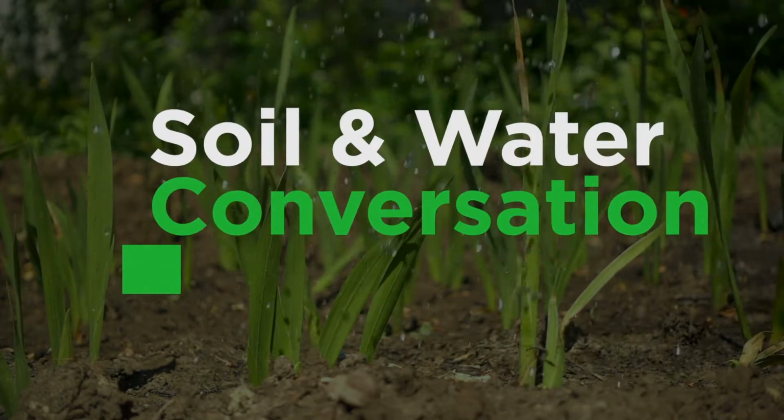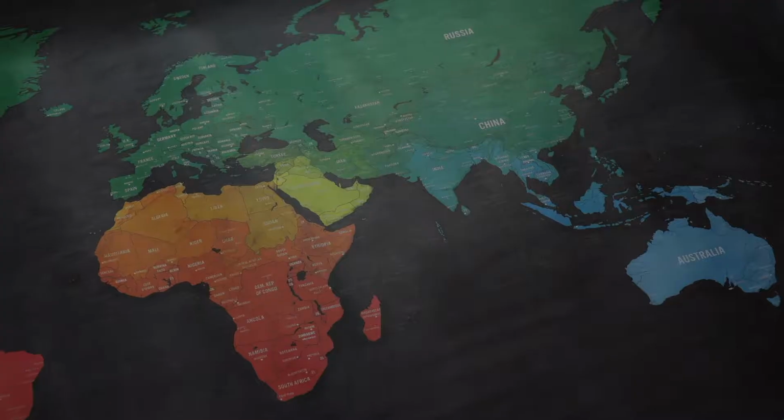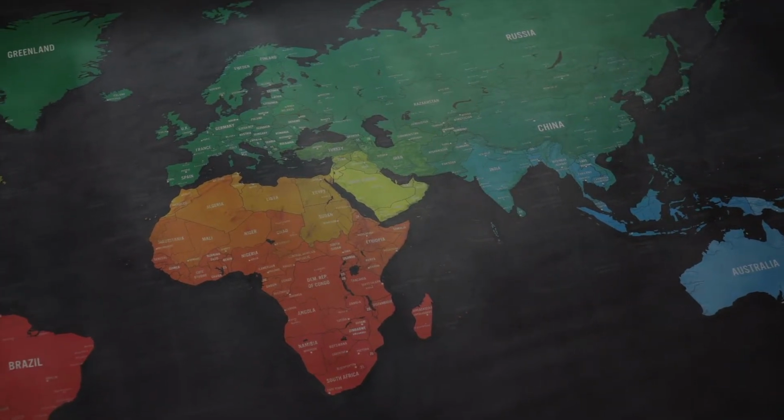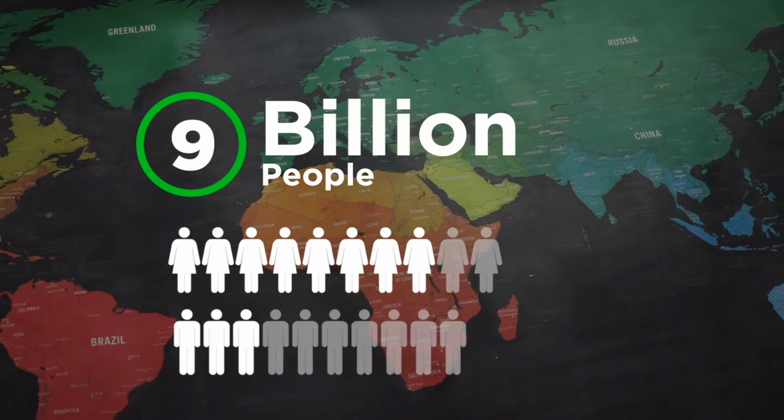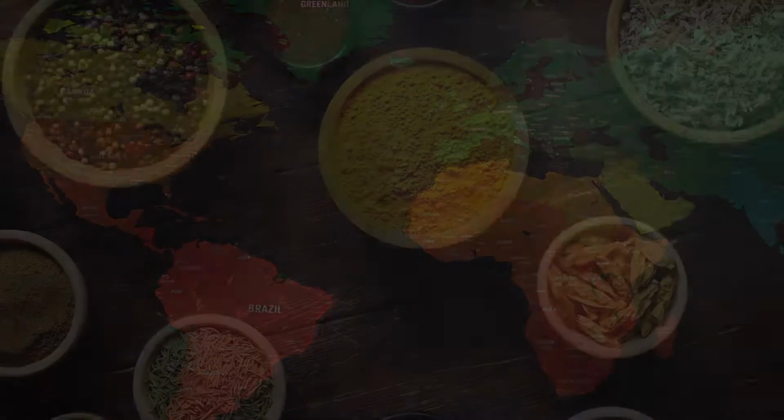Soil and water conservation in spice production. The global food security challenge is straightforward. The world must feed 9 billion people by 2050, by which time the demand for food will be 60% greater